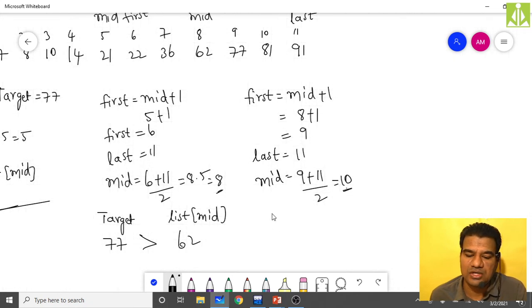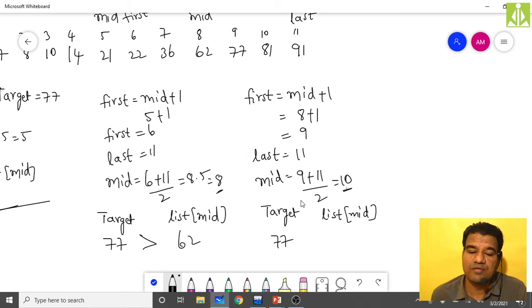My third comparison, that is target and list of mid. Do the comparison. What is target? 77. And what is list of mid? List of 10 is 81. So here you can see the list of mid is greater and target is smaller than the list of mid.